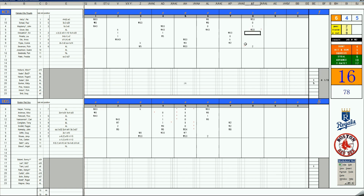The pitch to Ed, 69, is a sky to left. Well, that's how you manufacture a run, I guess. 5-1. Nice finish for Tiant there. Bottom of the 8th, Mr. Bunker did a nice job in relief. I don't want to wear him out, though. He went 2 2/3. So in the 8th,